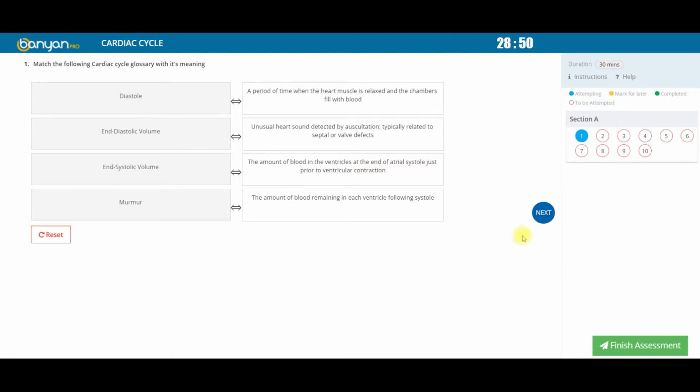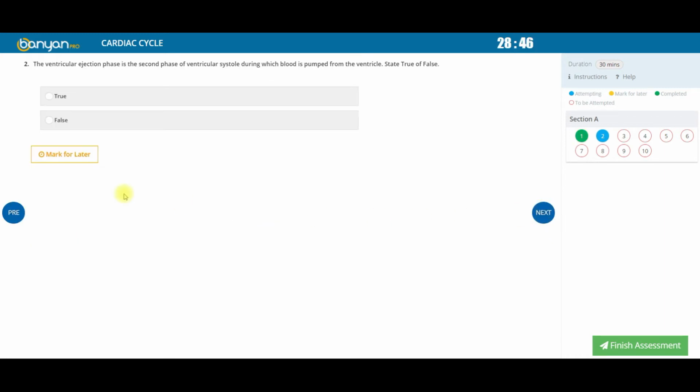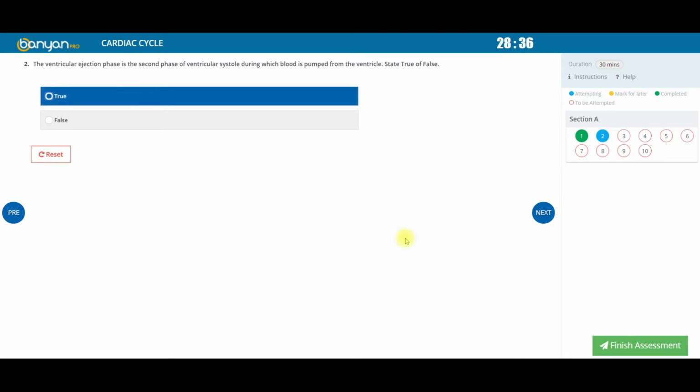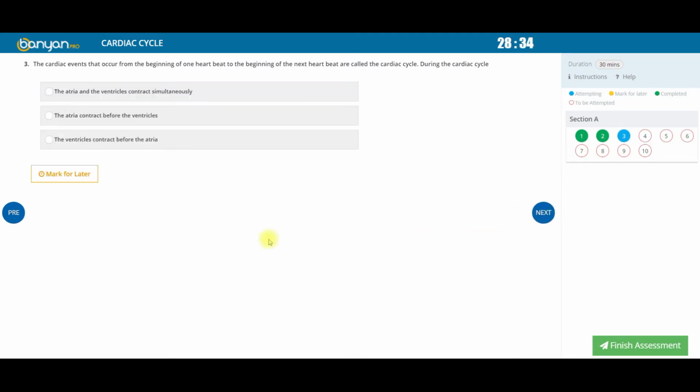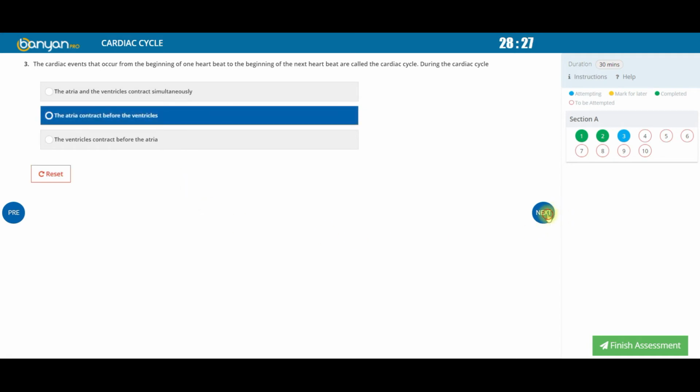Once I complete it, I can move to the next question by clicking the next button, and this question is of type true or false, where I have to choose whether the true or false option. And moving to the next question, this is a multiple choice question where I can choose a particular option. And moving to the next question,